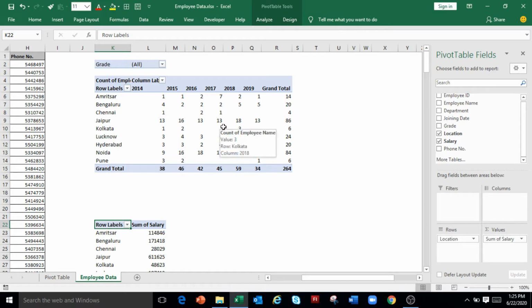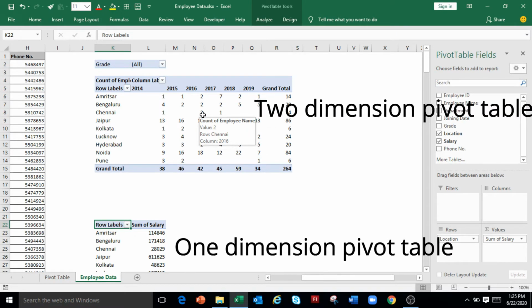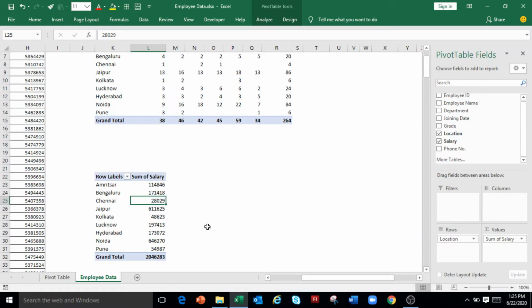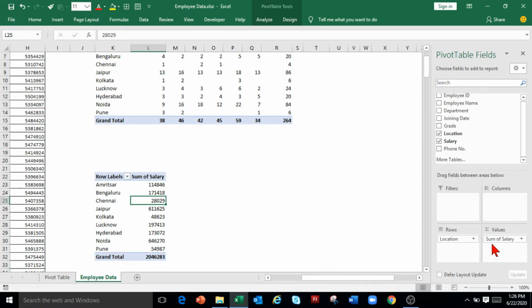Now the first pivot table is a two-dimensional pivot where employee count is displayed at location level and date of joining level. The second pivot table is a single dimension where total salary of employees at location level is visible. Now in case of a number type like salary, there are different options in the pivot table. Because salary is a number type, it's showing by default the sum of the salaries. Now add